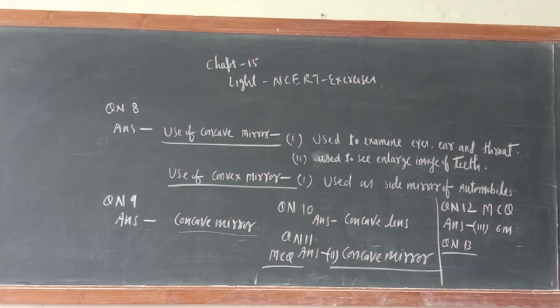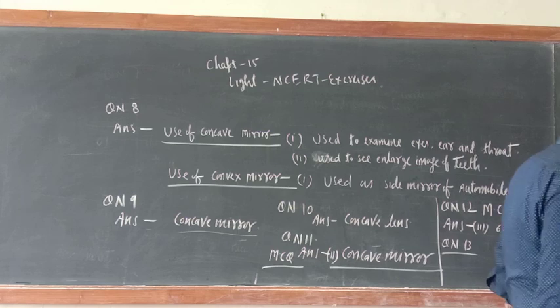The rear view mirror of a car is a plane mirror. Okay. A driver is reversing his car at a speed of 2 meter per second. The driver sees in his rear view mirror the image of a truck parked behind his car. The speed at which the image of the truck appears to approach the driver will be: options are 1 meter per second, 2 meter per second, 4 meter per second, 8 meter per second.